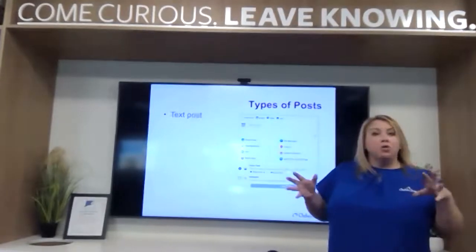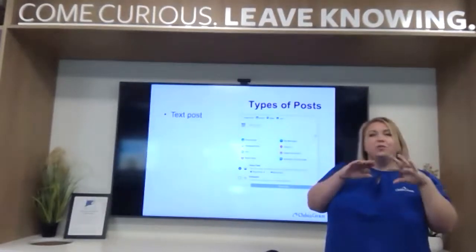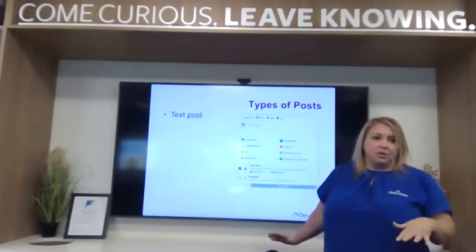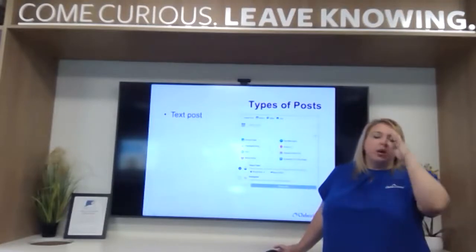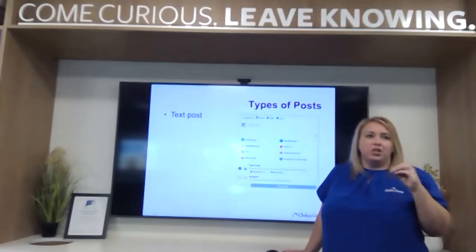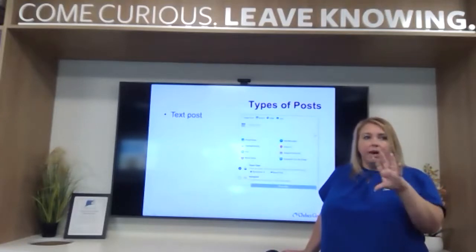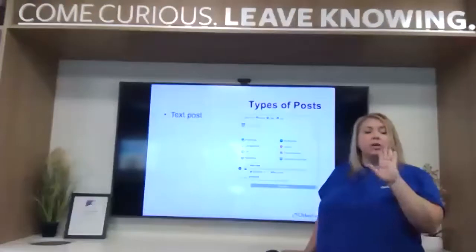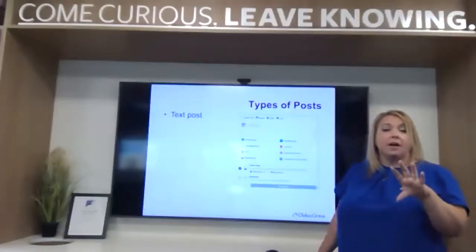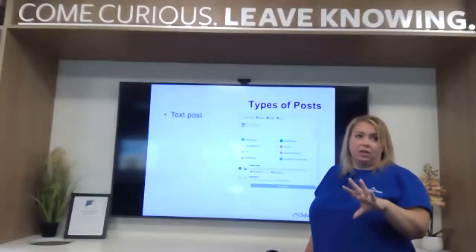If you do it on your own page, it now allows you to use a specialty background. Businesses don't have that. So if you want to create a post that's just content, I would suggest going into Canva, creating a background for it, and making that an image and just sharing that image. So if you just want to create text posts, I would suggest using Canva for that.